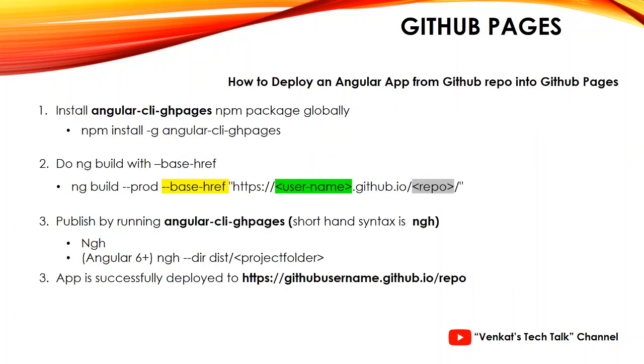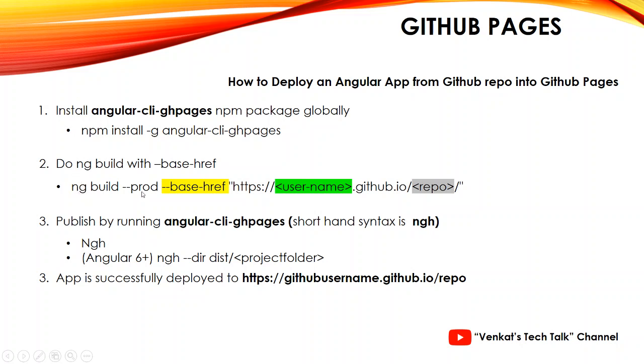Okay, and how to deploy an Angular app into GitHub Pages. So this process is very straightforward. It's just a 3-step process, and it works with any Angular version greater than Angular 2. So, just simple steps. We need to install this npm package globally, Angular CLI GH pages, install it globally, and